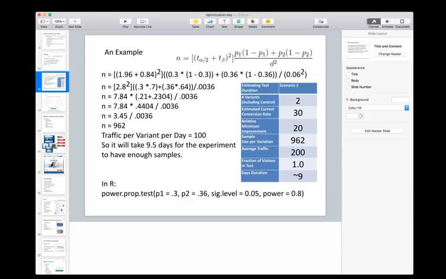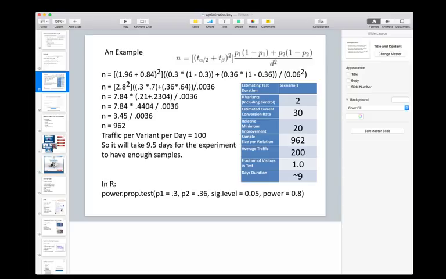0.3 times 0.7, not plus, is 0.21, and 0.36 times 0.64 is 0.2304, right? So this gets you this value here, and then when you add those two numbers, you get 0.4404, right? 7.84 times 0.4404 is 3.45, and then you divide by 0.0036, and that gives you 962. Now that tells you the amount of traffic per variant, right? But there's two variants. So the actual amount of traffic that you need is twice that, right? Roughly,